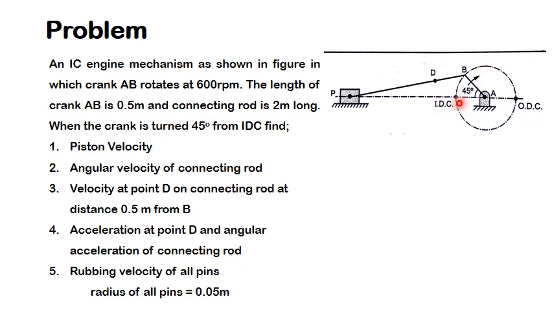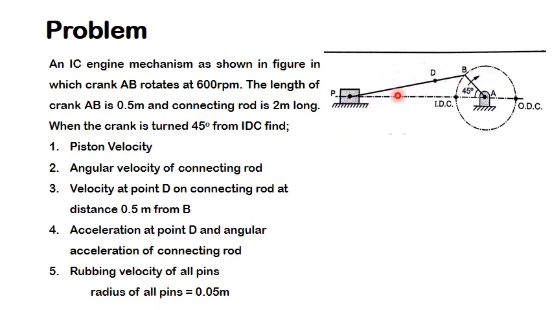In this problem, you need to determine the velocity of this piston in meters per second, and the angular velocity of this connecting rod in radians per second. There is one point D on this connecting rod which is at a distance of 0.5 meter from B. You have to determine the velocity at this point D with respect to the fixed point A, and the acceleration of the same point, and you have to calculate the angular acceleration